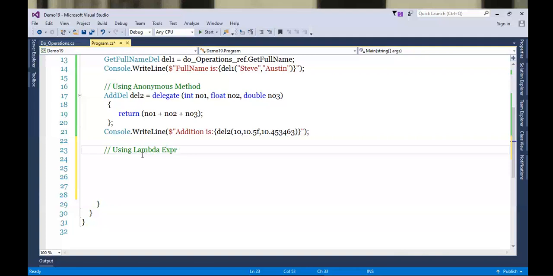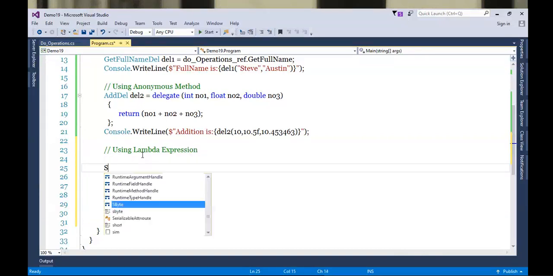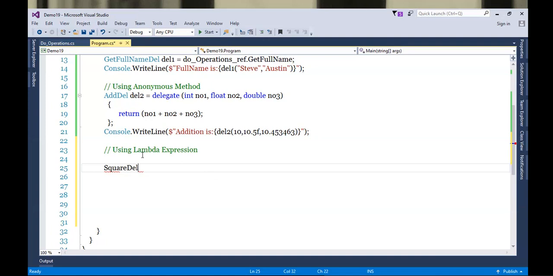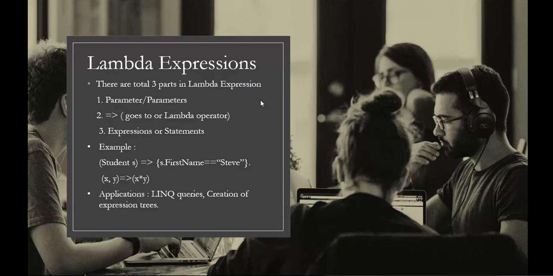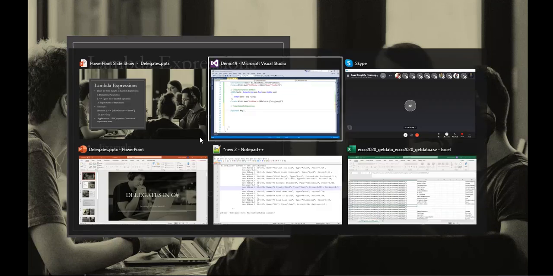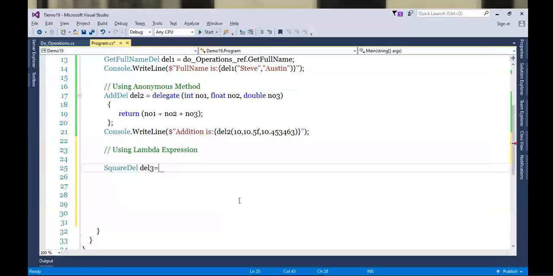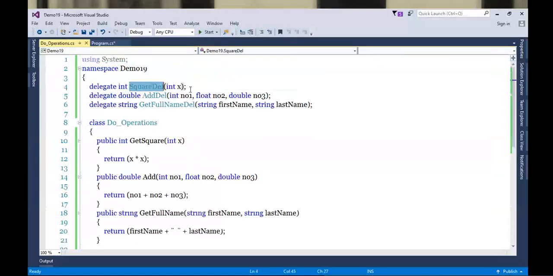using lambda expression. Okay, square delegate 3 equals to. What is the scenario here? The scenario is simple. You need to specify parameters, then you will specify the goes to operator, and then your logic will come. So currently, how many parameters do I got?